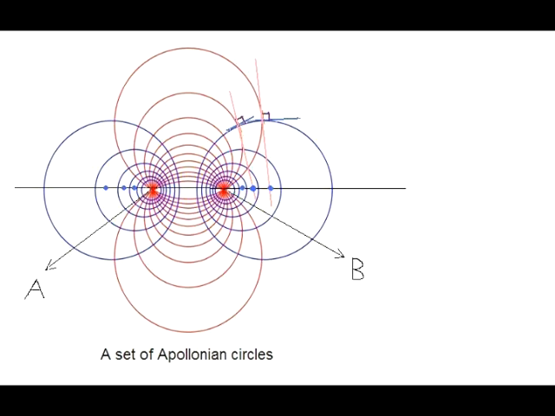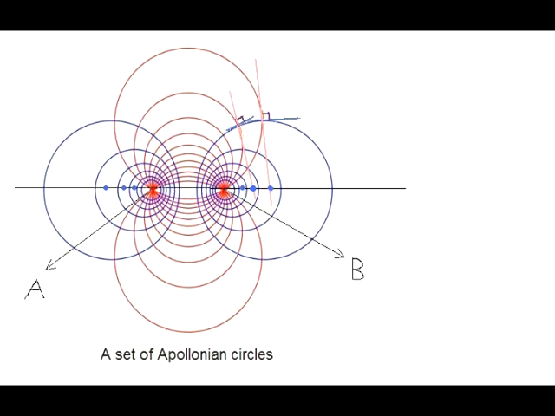This is the illustration of a set of Apollonian circles from the Wikipedia article about them. The infinite set of orange circles that go through 2 fixed points A and B. And if we draw a tangent line to any of these circles at any point on an orange circle until